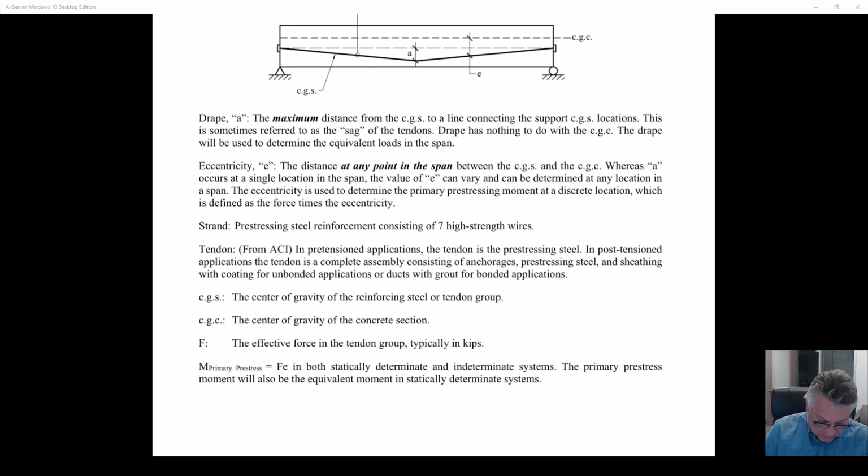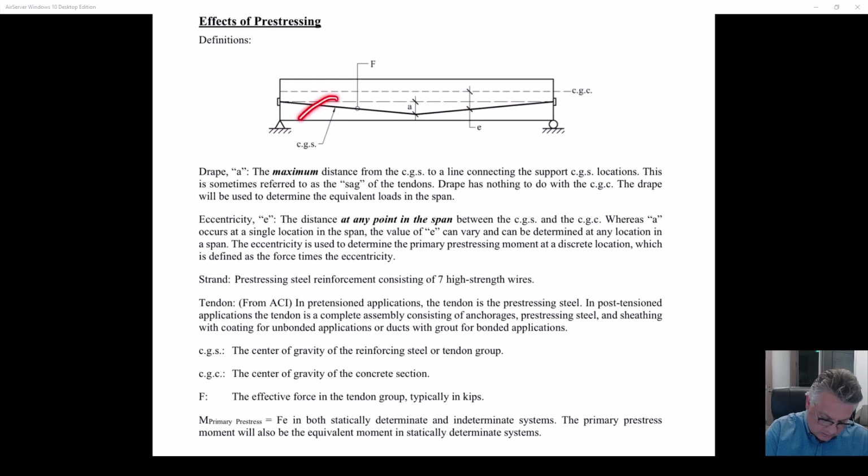So tendon, as I've tried to say, is the definition of the strand plus everything else: the grease, the sheathing, the anchors, the encapsulation. So the tendon is the full Monty system that gets delivered to the site. The strand is the steel within that. Center of gravity of steel is the center of gravity of the pre-stressing. At least for now, we won't even talk about rebar until we get to the second half of the course. Rebar is used for the strength design. It plays no part in the initial allowable stress design.